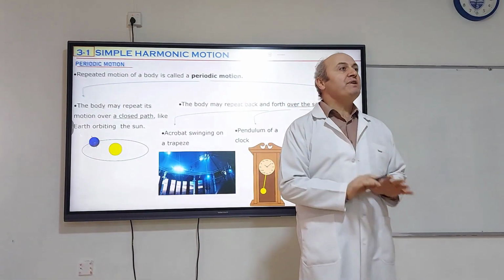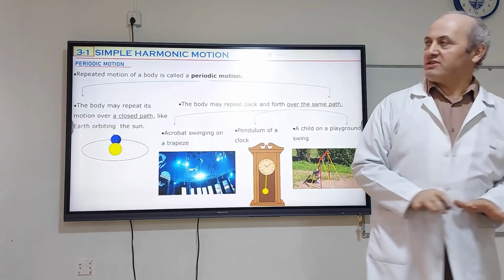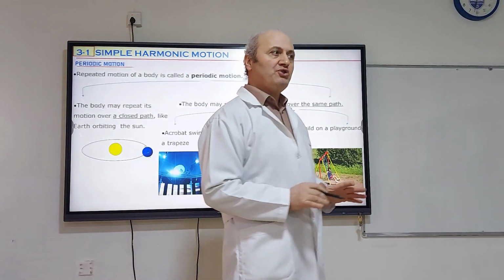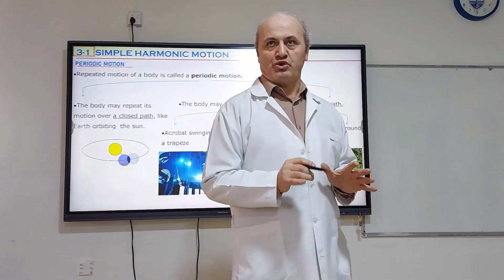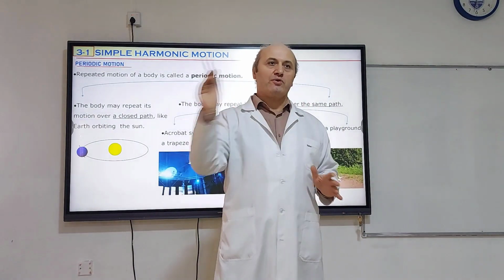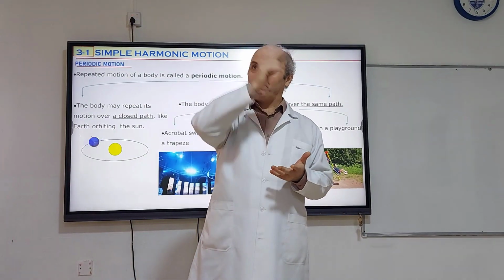Definition of periodic motion. We are going to start with this. The short definition is repeated motion. If an object repeats its motion in equal time intervals, back and forth, or in a circular path, this motion